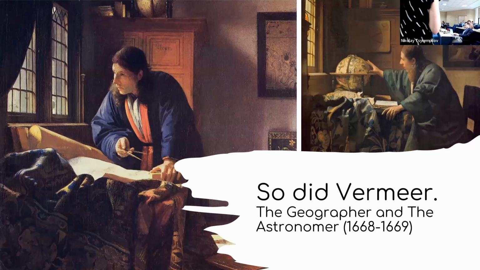But Vermeer also said this, right? This is a thing. I'm not telling you anything you don't already know. The relevance and the kind of fascination factor of geographical information and of maps and of globes permeates the work of some of the greatest artists of all time. And I love these paintings by Vermeer because they have this really tactile quality and this sense that you're reaching out and touching space, right? You're reaching out and touching the past. And if you remember nothing else from this talk, just recall Vermeer's work and that sense of space.